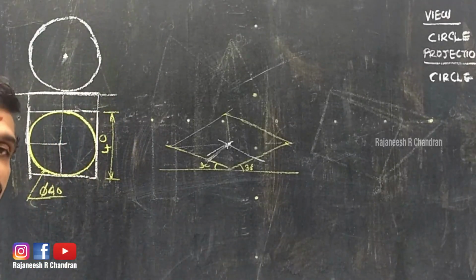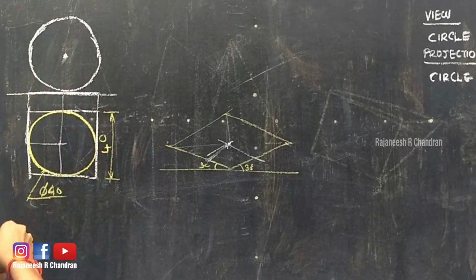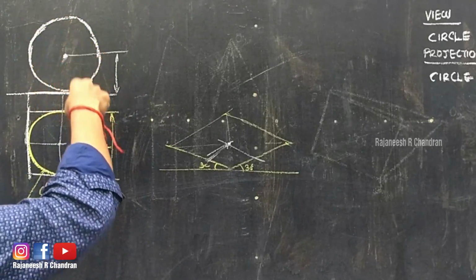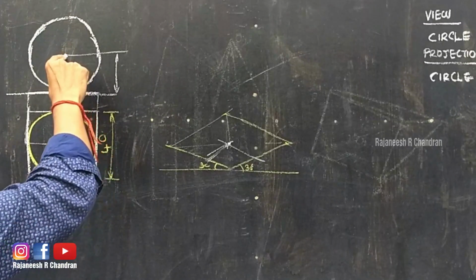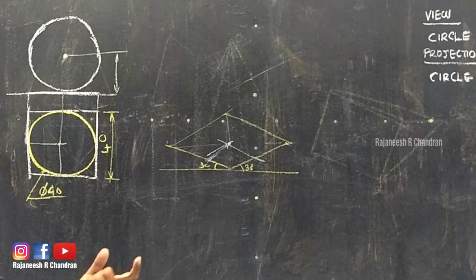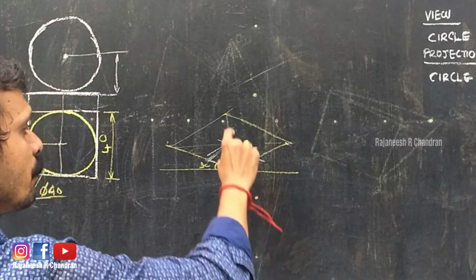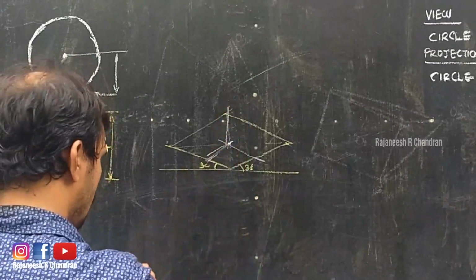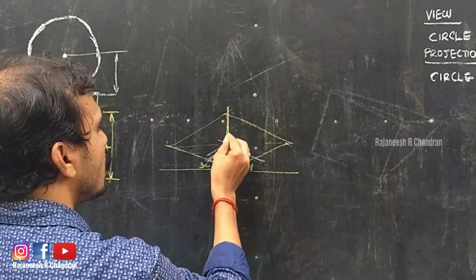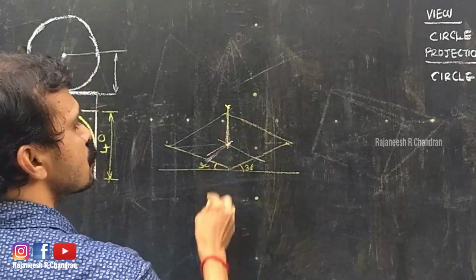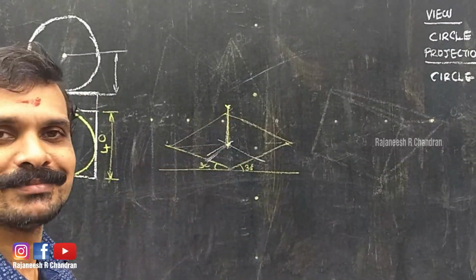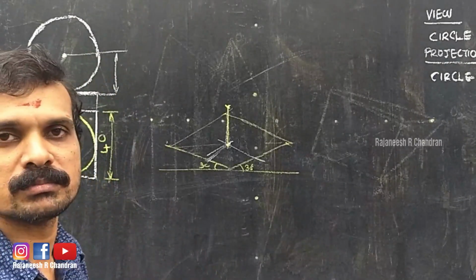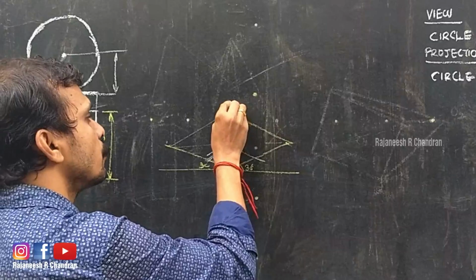Now what will be the height of the center position from that point? See, this will be the height. Since the diameter is 40, this is 20. So this will be the height of the center of the sphere, right? So from this point, draw a vertical line, and on that vertical line you measure 20 so that we can obtain the center position of the circle to be drawn. Okay, so we have obtained this point.